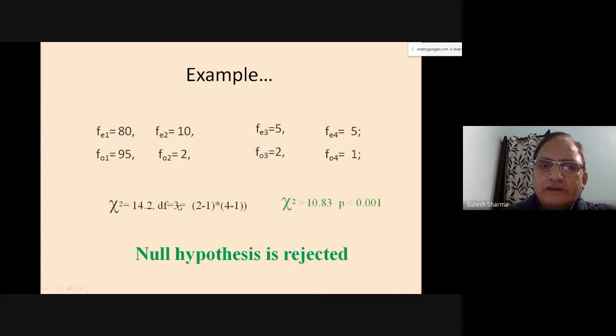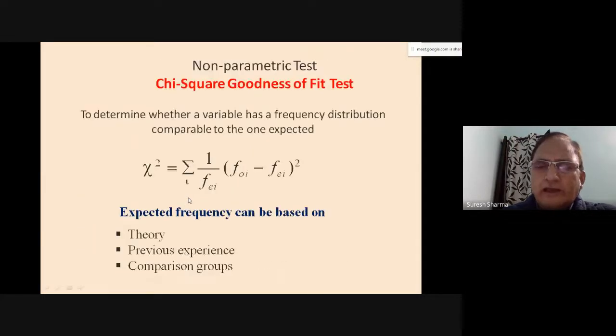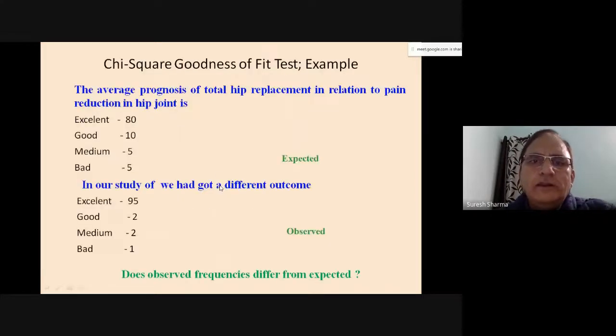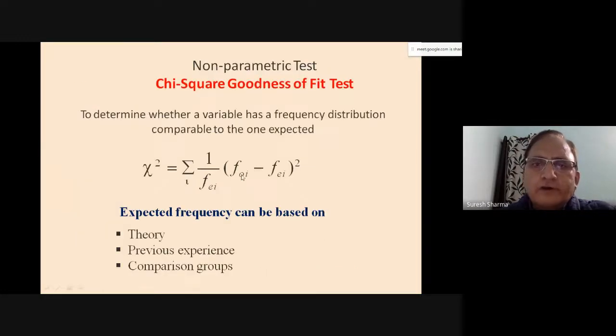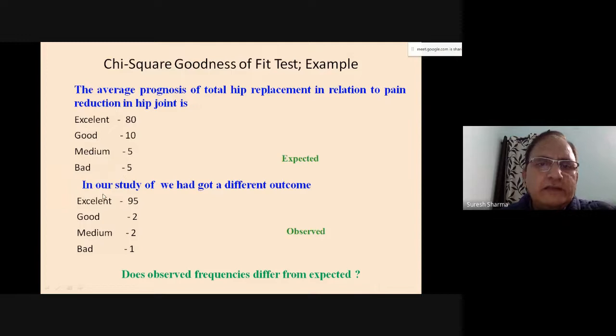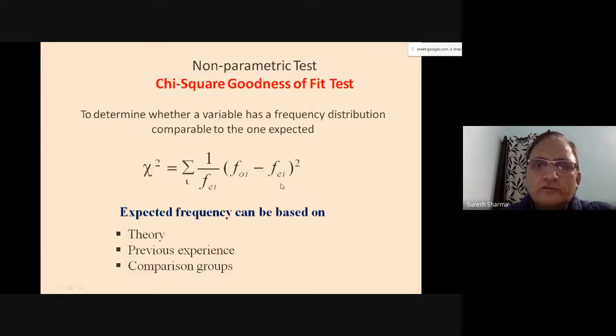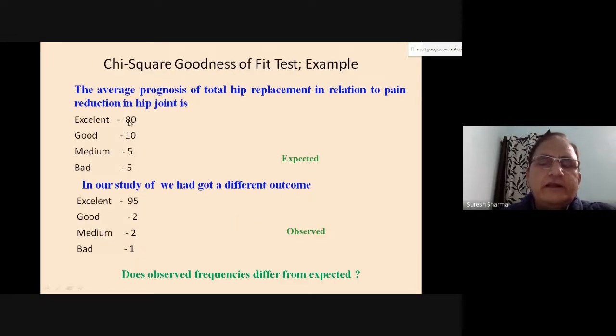And corresponding to this degree of freedom, I'll compute the value of chi-square. How will the value of chi-square be computed? For example, for the first observation, it's written observed minus expected. Your observed is 95, so 95 minus 80. 95 minus 80 is how much? 15. So 15 square. The first value will be 15 square divided by expected. Your expected is 80. So 15 square, 225.